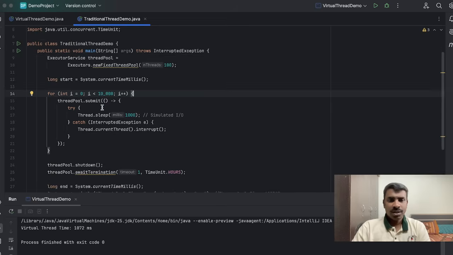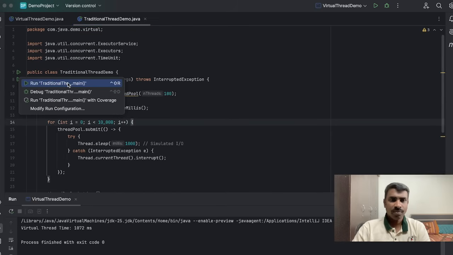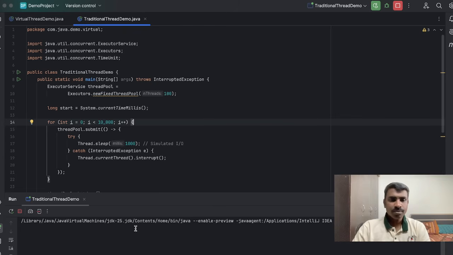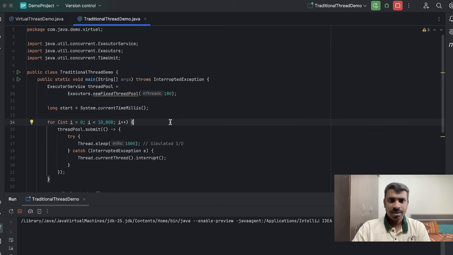Apart from that, the code remains the same. I am running this. You can see it is still running. It will take some time. I will tell you why it is taking time in the upcoming slides. First I am covering the demo.